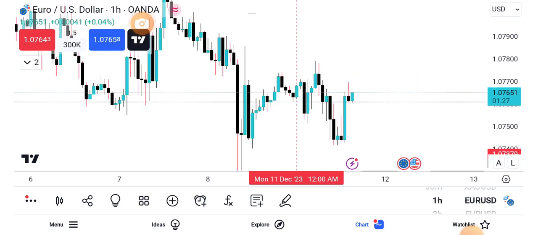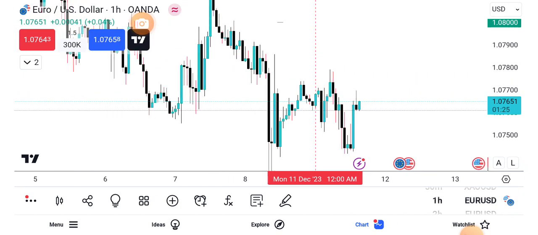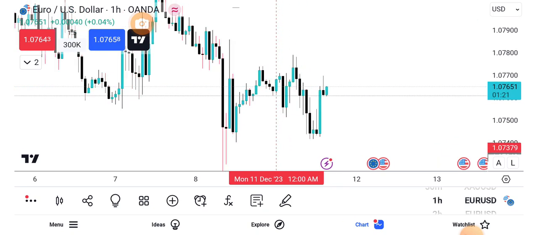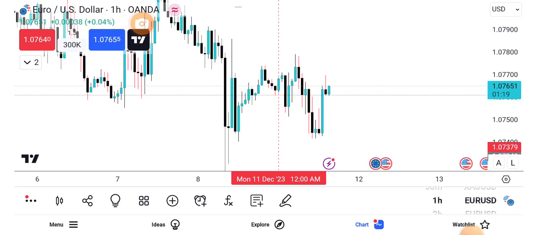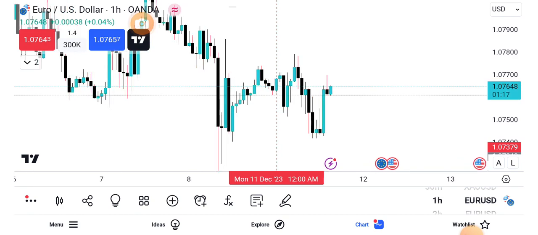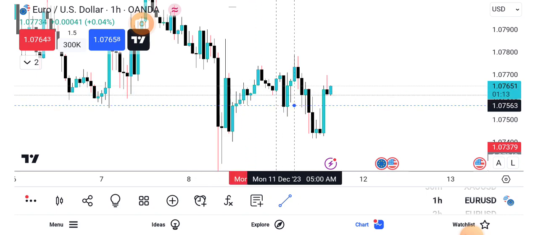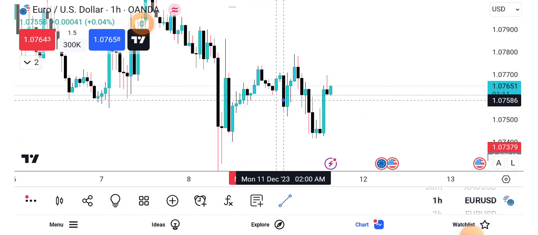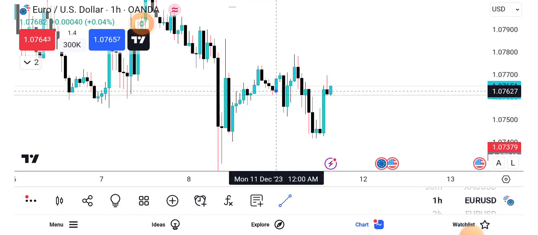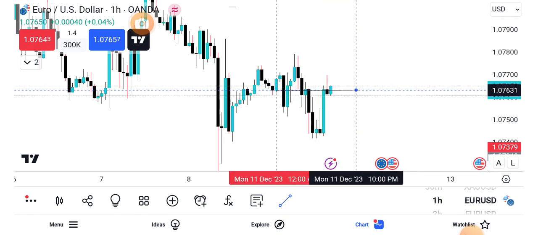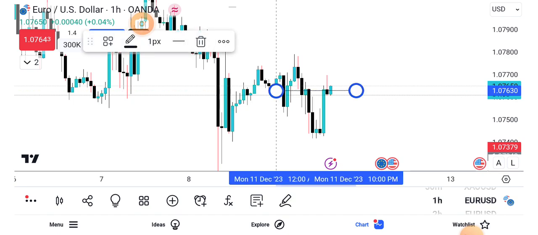I guess you can see my line there, and what you can see is, and also I want to mark 12 a.m., where we had our opening price. Yeah, so this is our true day open. I guess I can make it